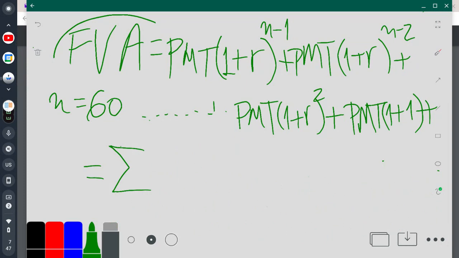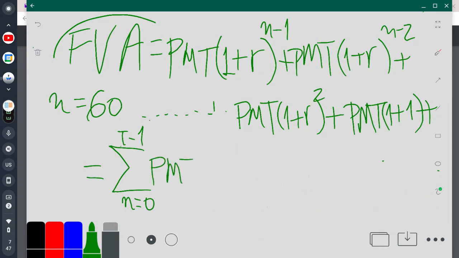You can write it like this, where n runs from 0 to t minus 1,